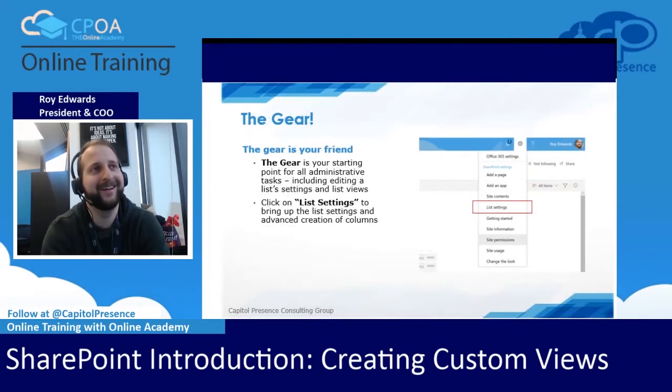So the gear, the gear is your friend, right? It's my starting place for pretty much everything within Microsoft SharePoint. You'll want to use this to get into your list settings. This is a way within the new experience where you can kind of get around the ribbon of creating a view. So we'll go to gear, we'll go to list settings, and then that will bring you to a